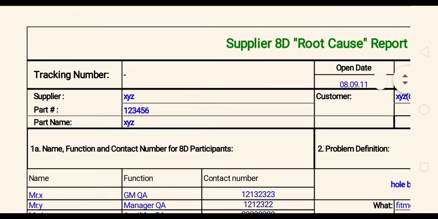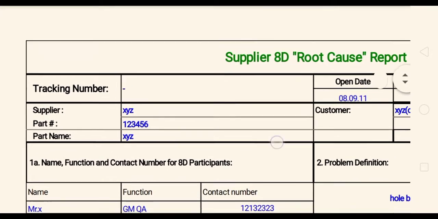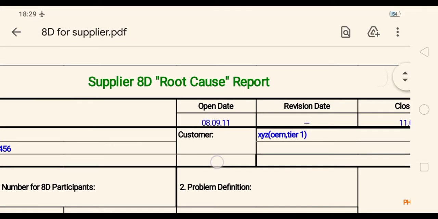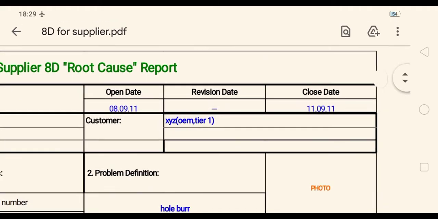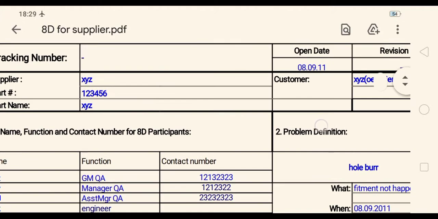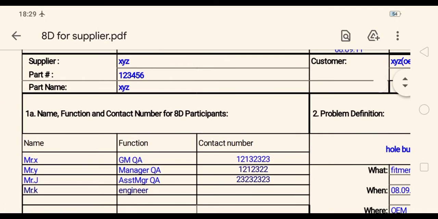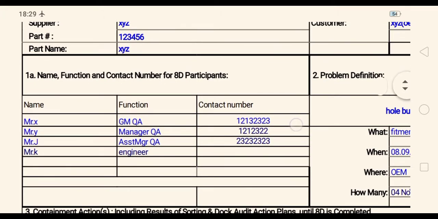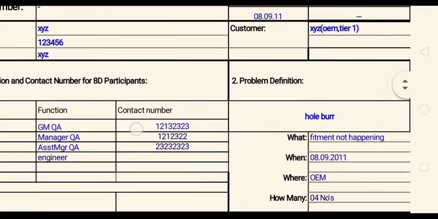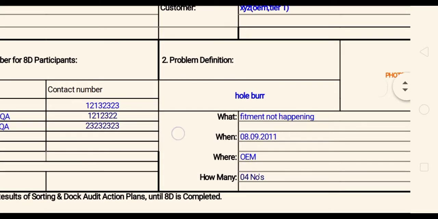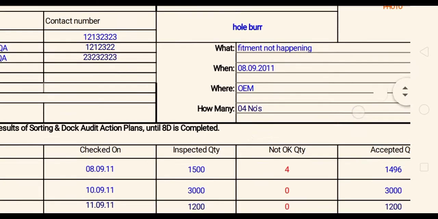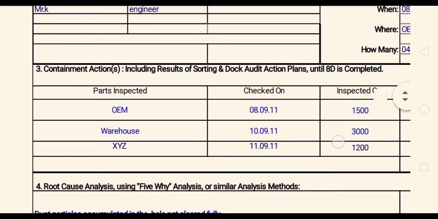In the first part you can see the first D of this 8D report, where the basic details of your company, the customer company, and the part number have to be mentioned, along with who the customer is, the date this issue occurred, and the date you are closing it. Normally there is a time interval of almost 24 hours to submit this. The names of the team that is going to work on it, and their contact numbers, are also written. And in the second D, you have the problem definition: what the problem is and how exactly it happened. You have to fill in everything.